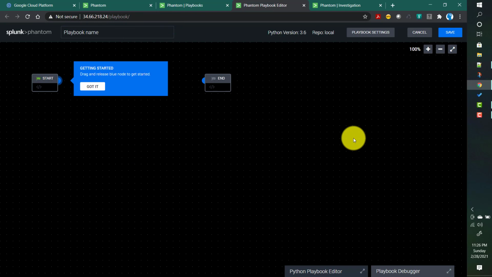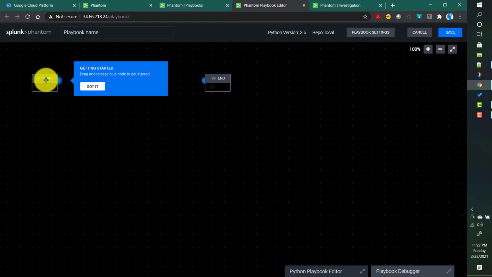As I said, there are a couple of ways you can create playbooks in Splunk Phantom. One is the UI way. Everything you can do from the UI itself, but that is limited in nature: whatever your existing assets are and the actions they support, you can only play around with them. If you need to write some kind of custom logic, you need to go for the Python way of creating playbooks. We will see that later. For creating simple playbooks, I think creating from this UI itself should be sufficient.